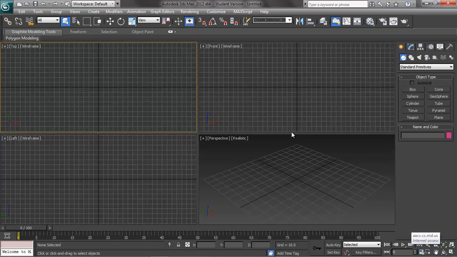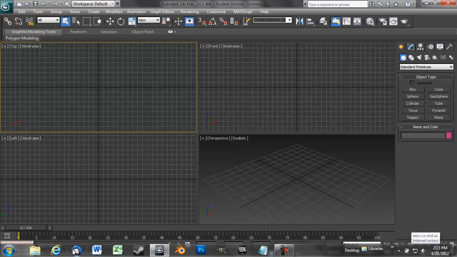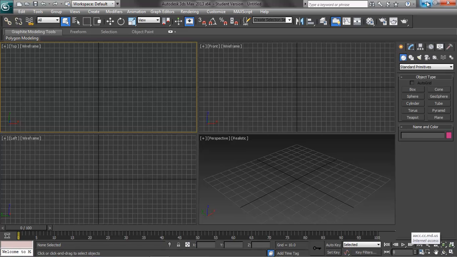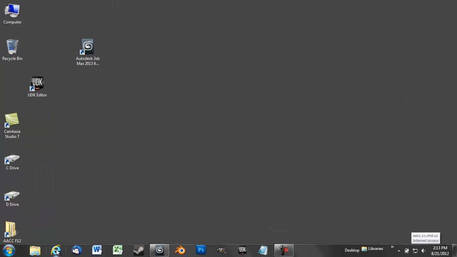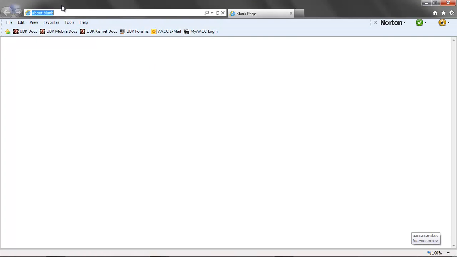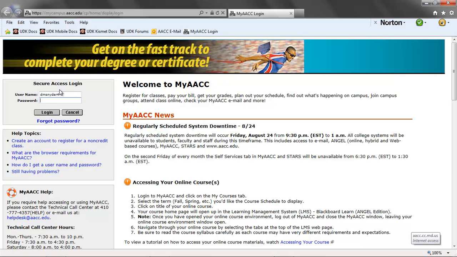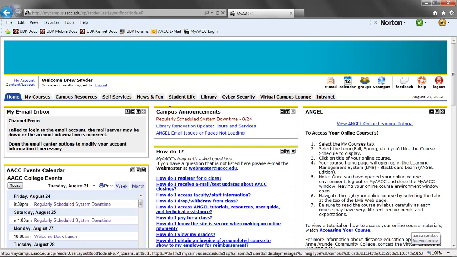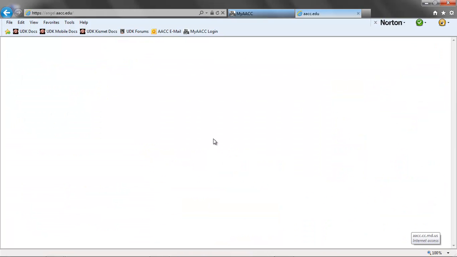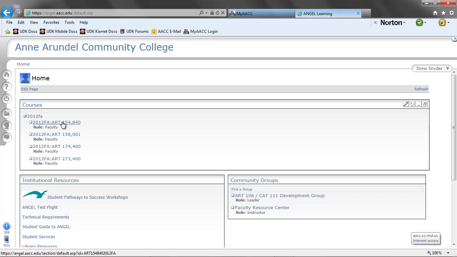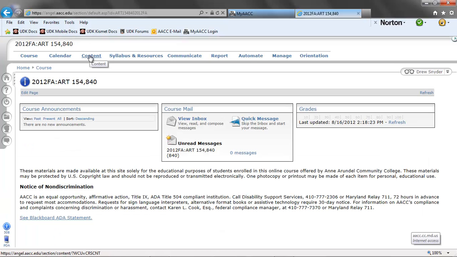So we're going to open the Lego file, and you need to go on to Angel to download that. So let's go. You probably have it already, but just to go over the steps real quick. I want to do my AACC login, DM Snyder 4, and hit login. And then I want to basically go virtual campus and Art 154, content,